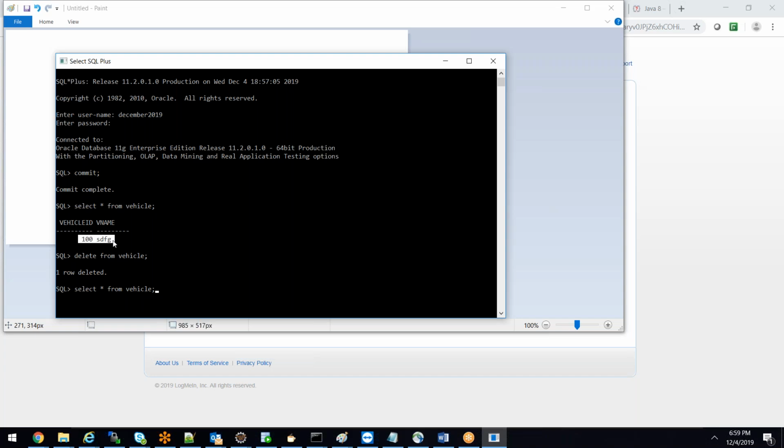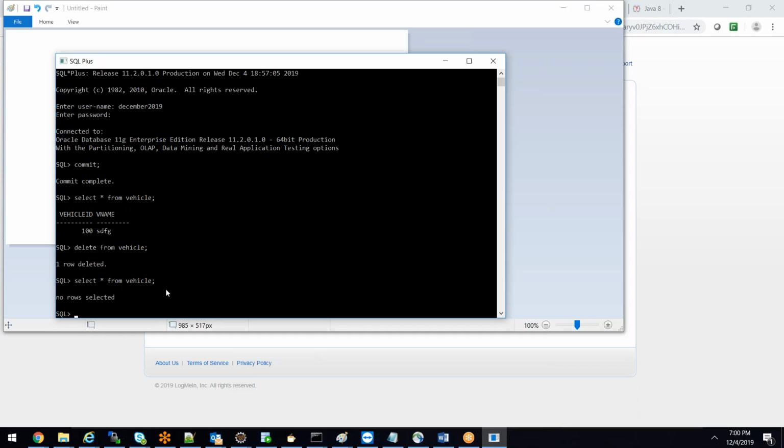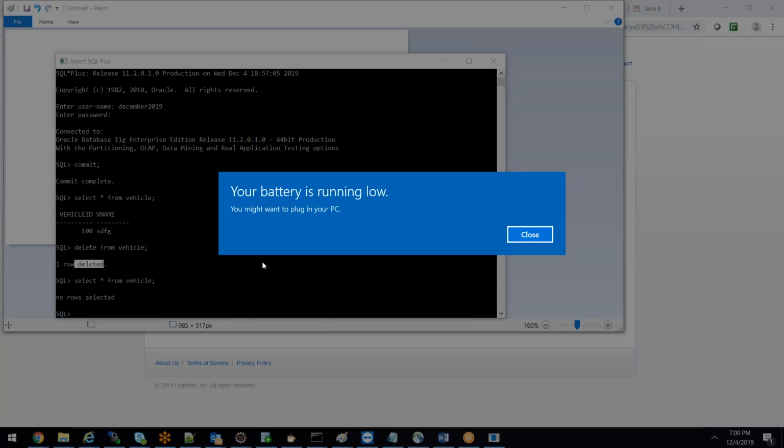So I did not commit it, so the record is not deleted from the table. Agreed? Ideally, when I say select star from vehicle, you might be expecting the record because the record is not deleted, correct? But you don't see that record. You see zero records because in the same session, when you're sending a query, it will go and grab the data from the temporary space, not from the table. Getting it? Whatever configurations you did in the same session